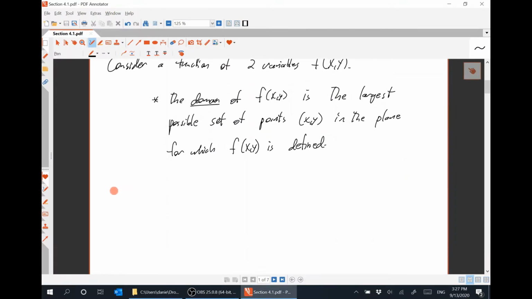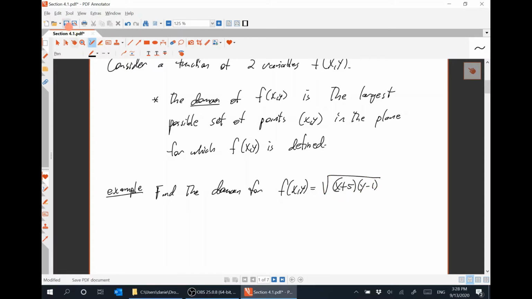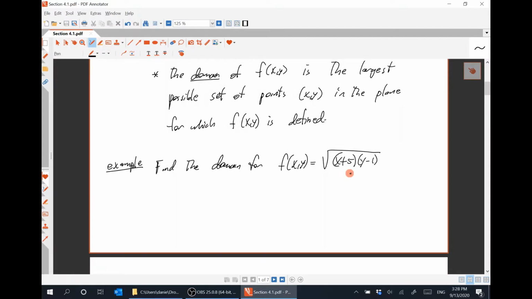So, for example, find the domain for f of x, y equal to the square root of (x plus 5)(y minus 1). In order for this to be defined, what is underneath the square root needs to be bigger than or equal to 0. So we need that x plus 5 times y minus 1 is bigger than or equal to 0. Well, either x plus 5 is bigger than or equal to 0, and y minus 1